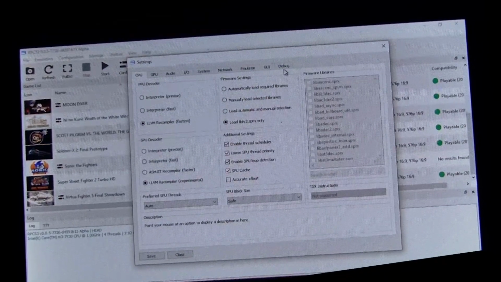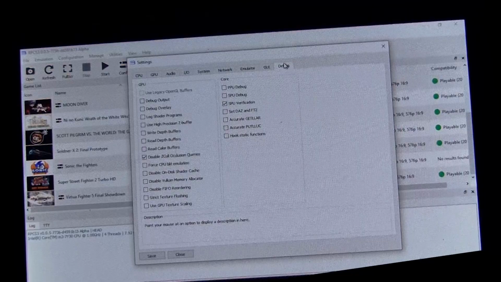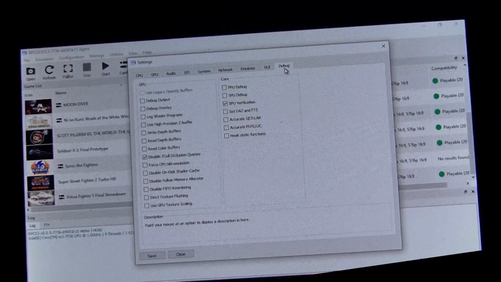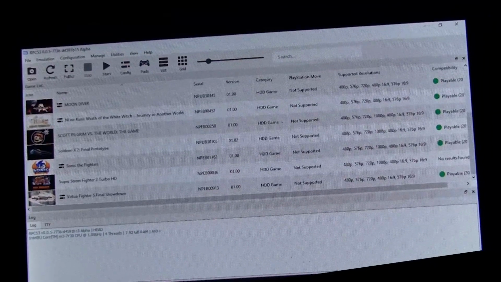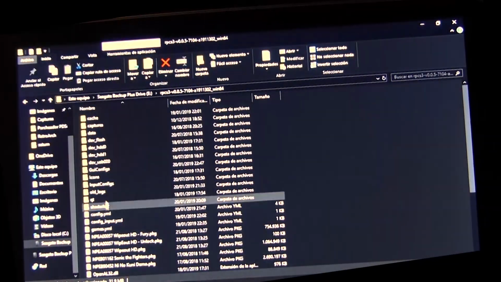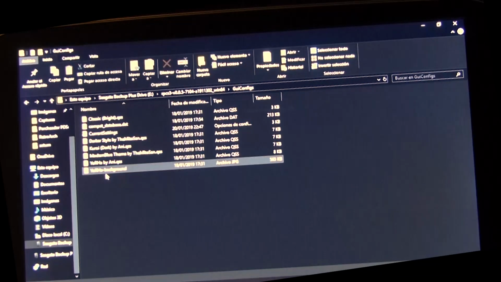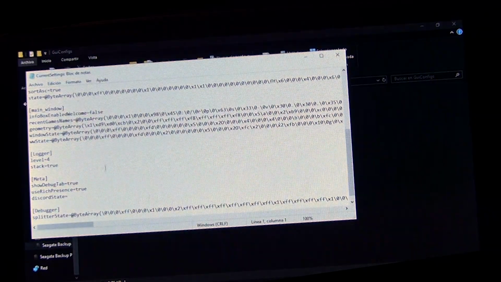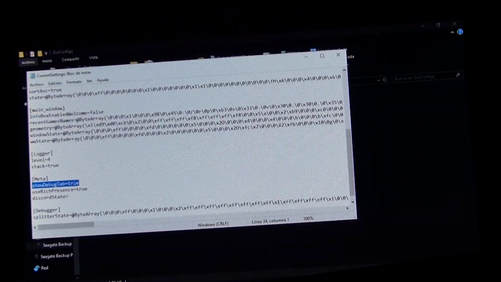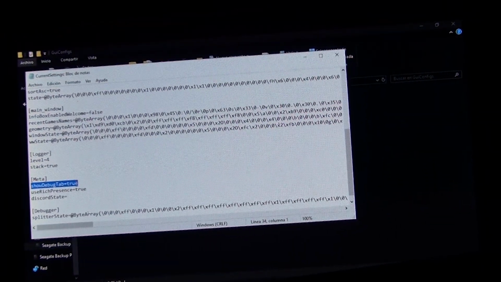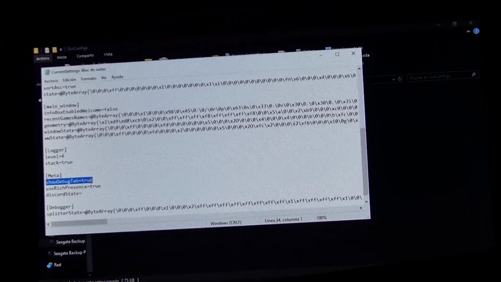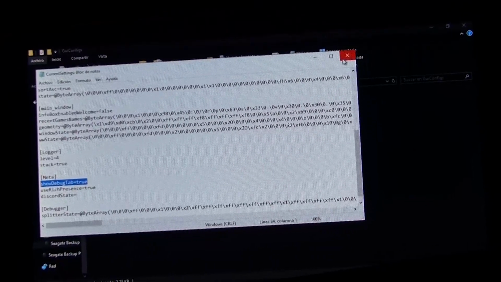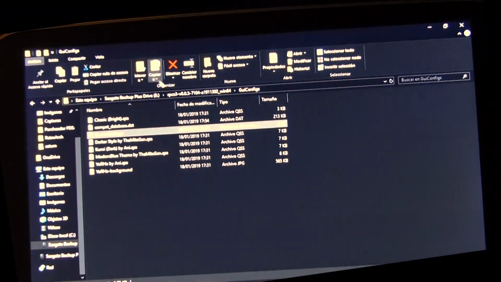there is a debug option here. In case you don't have this debug option, just make sure that you go to the config folder inside the emulator, open current settings, and make sure that show debug tab is true. Okay, basically this is what you need to have debug options that are useful to debug some of the things